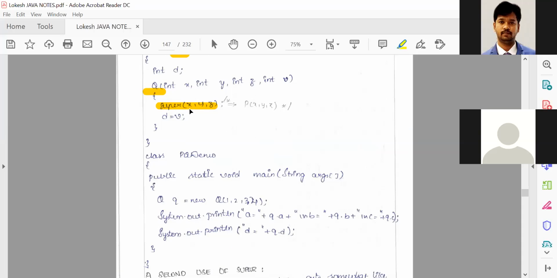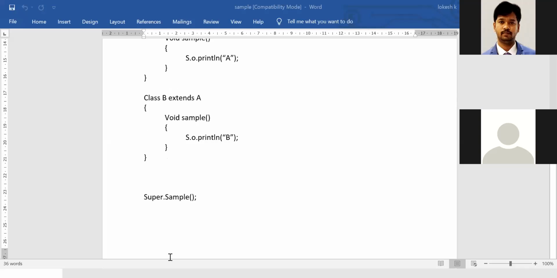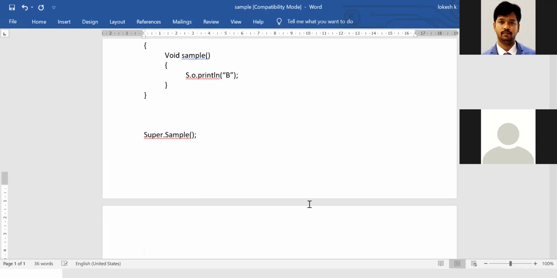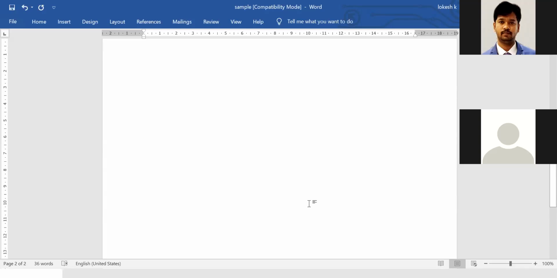I'll show you. In case this statement is not used, we are supposed to write code of this form. I'll take it to the next line. In case super is not used, what should be there? We'll write it as class Q extends P. That was the statement, right?